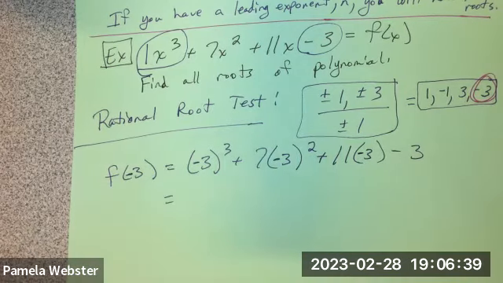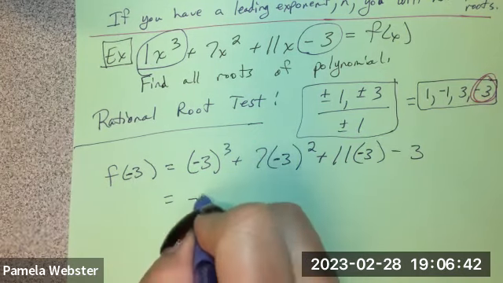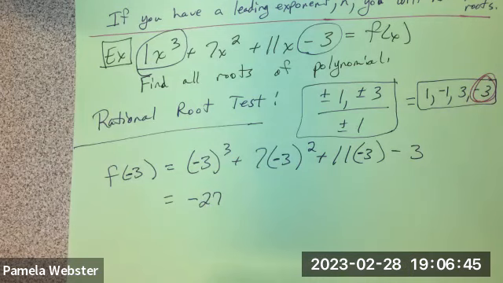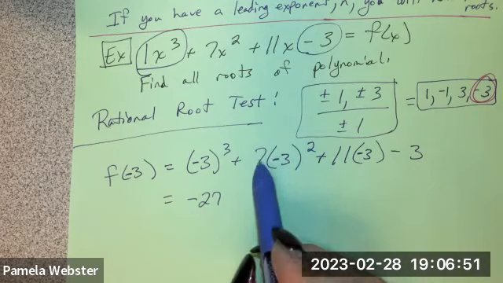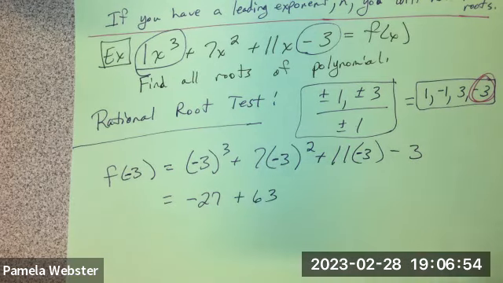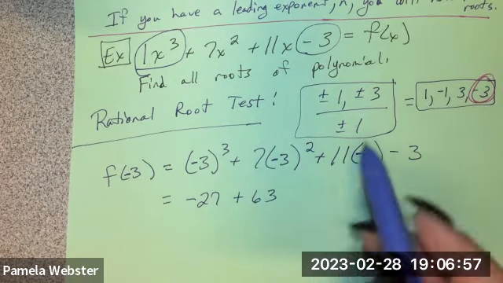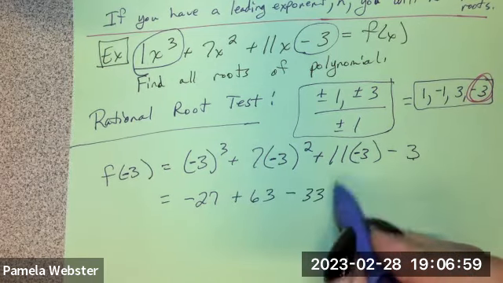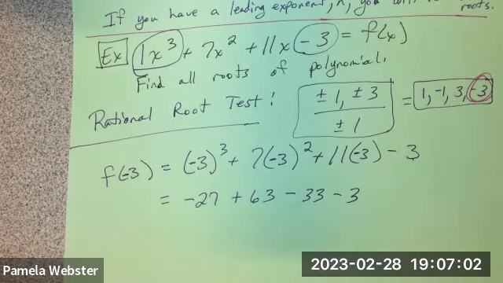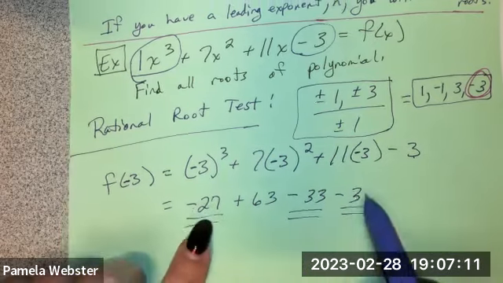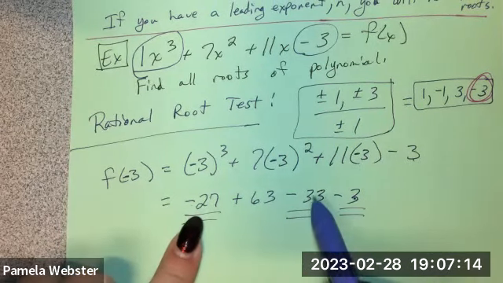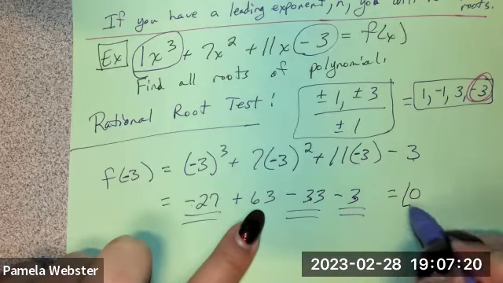So 3 times 3 is 9 times 3 is 27. It's a negative times a negative times a negative, so this is negative 27. And then I've got negative 3 squared, that's going to be a positive 9. Positive 9 times 7 is 63. And then I've got negative 3 times 11, that's negative 33. And then I've got minus 3. If I add these together, negative 27 and negative 3 is negative 30. Negative 30 plus negative 33 is negative 63. And I've got a positive 63. So sure enough,